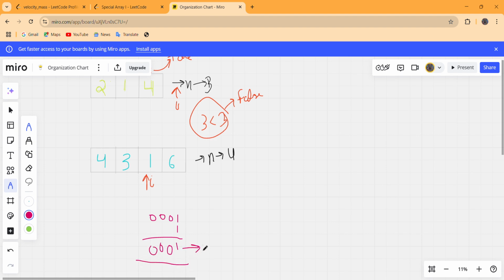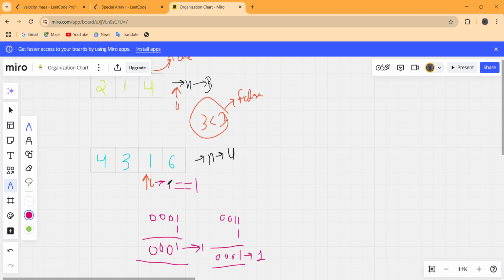Now nums of I minus 1 is 3, and 3 in bitwise is 0 0 1 1, AND with 1: 1 and 1 is 1, and the other bits are 0, so this will generate 1 in decimal.